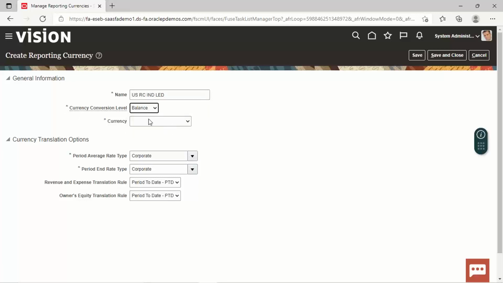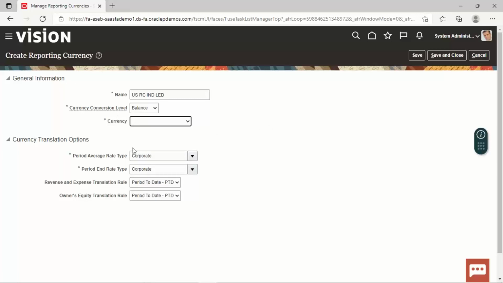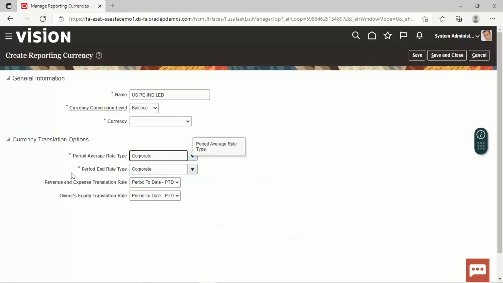So if we select balance, the only thing which we have to specify is the currency in which we want to manage the reporting currency, and then the rate types, which is corporate for the period average rate and period end rate, and the translate route period to date are already selected over here. So only what we have to mention is the currency.